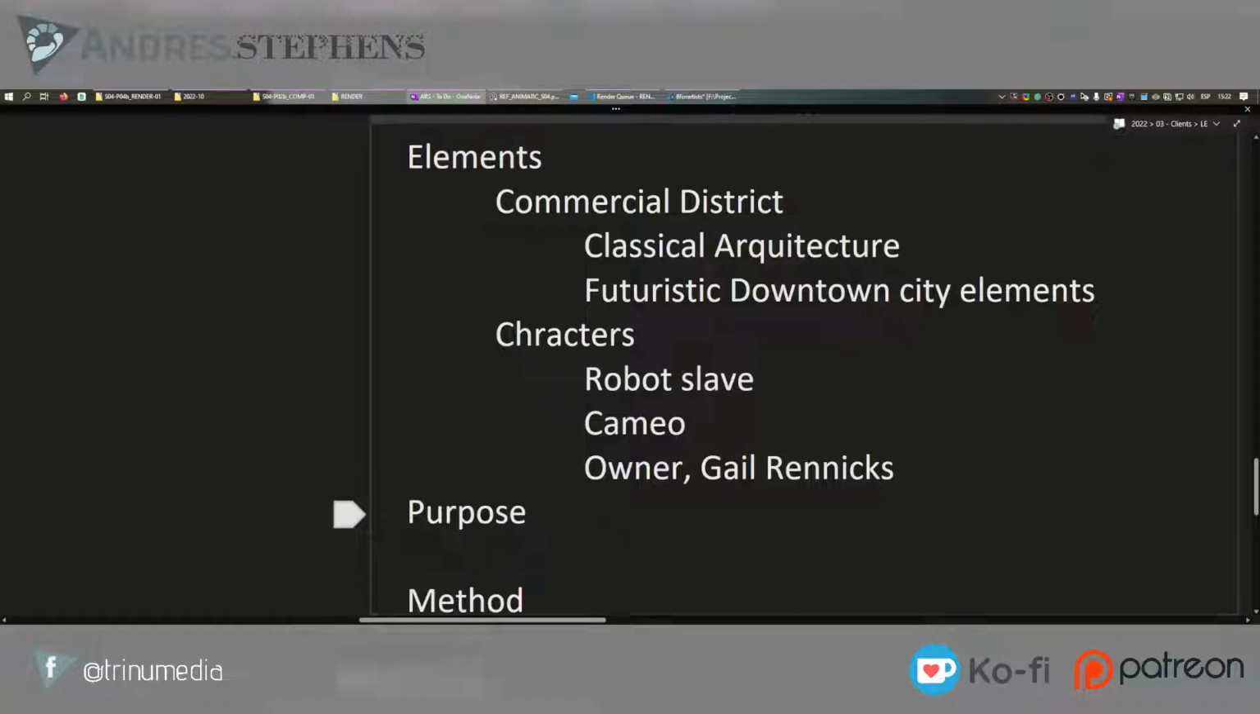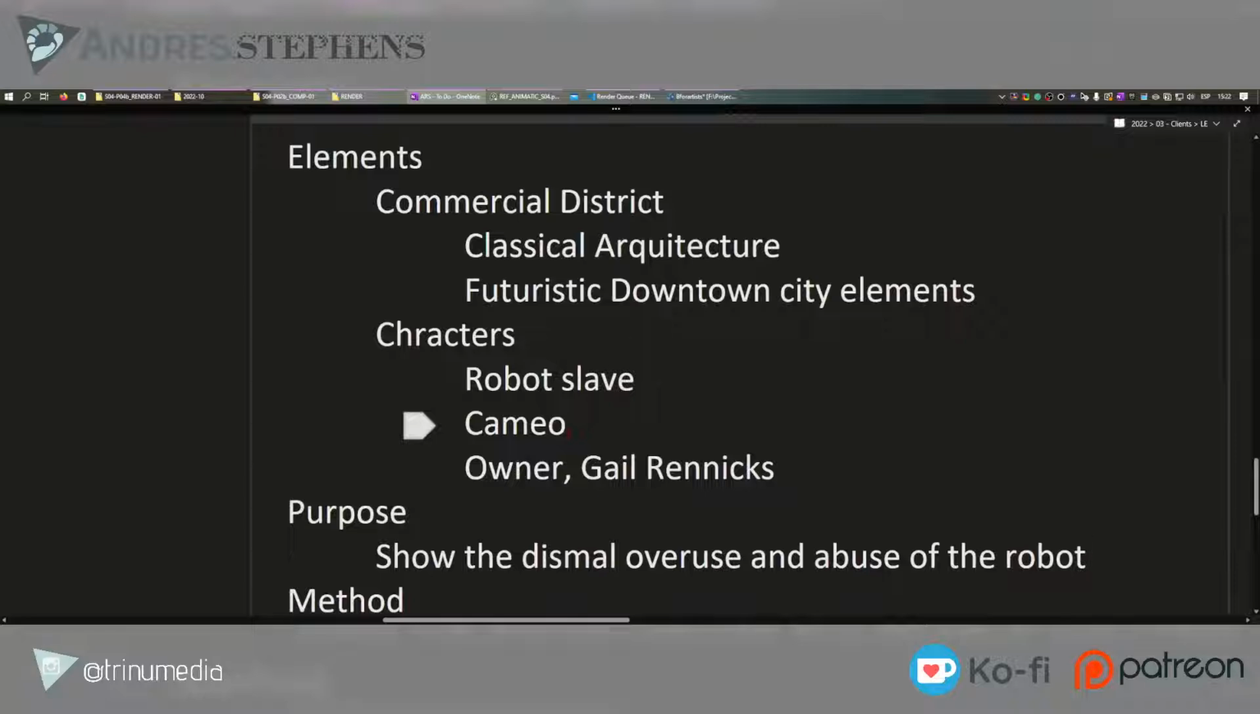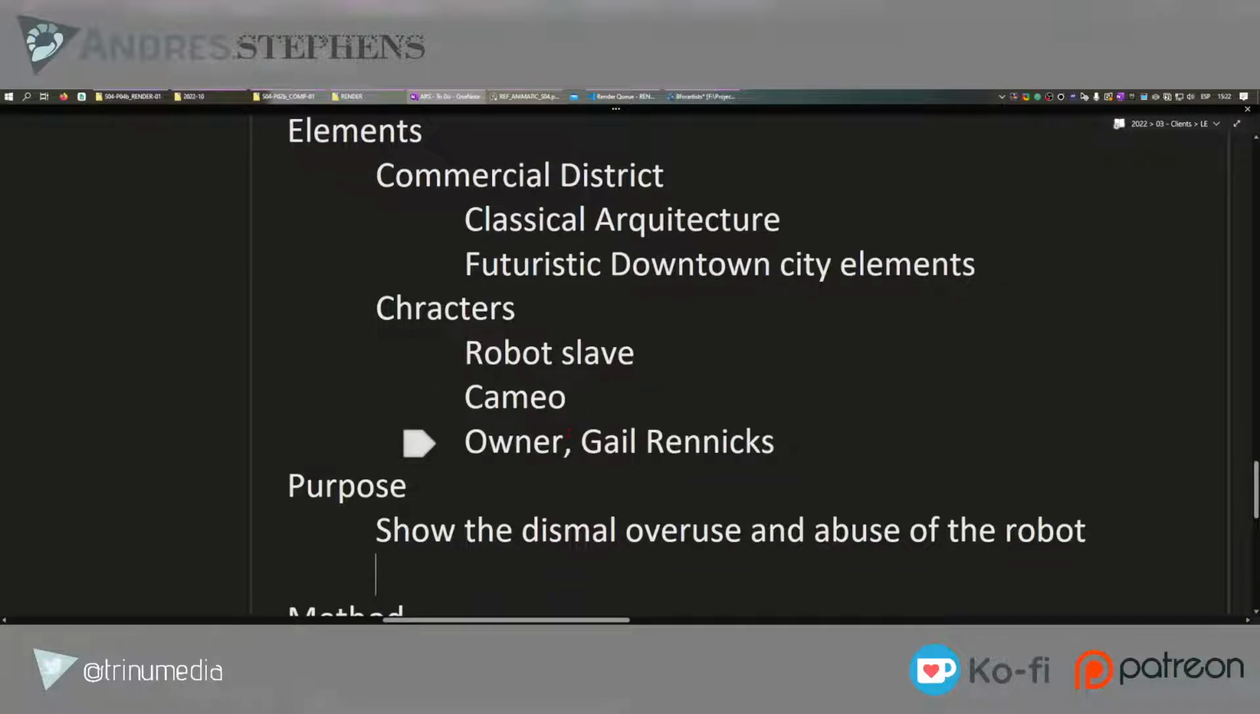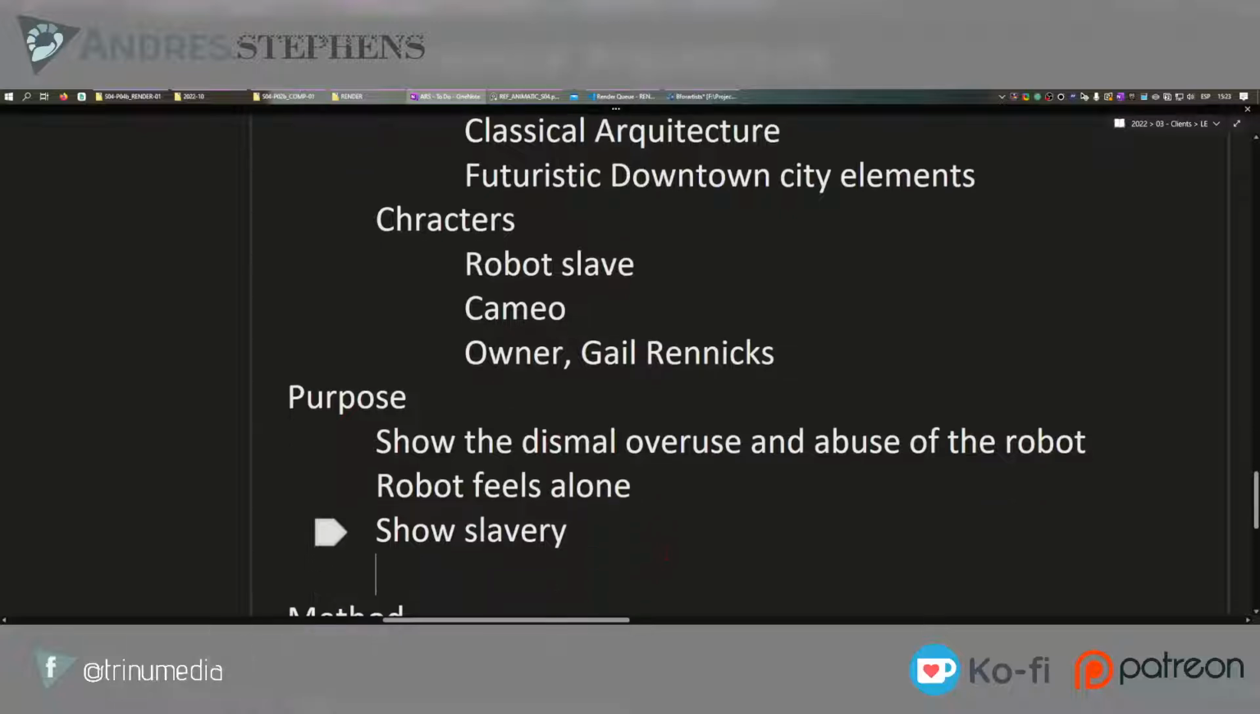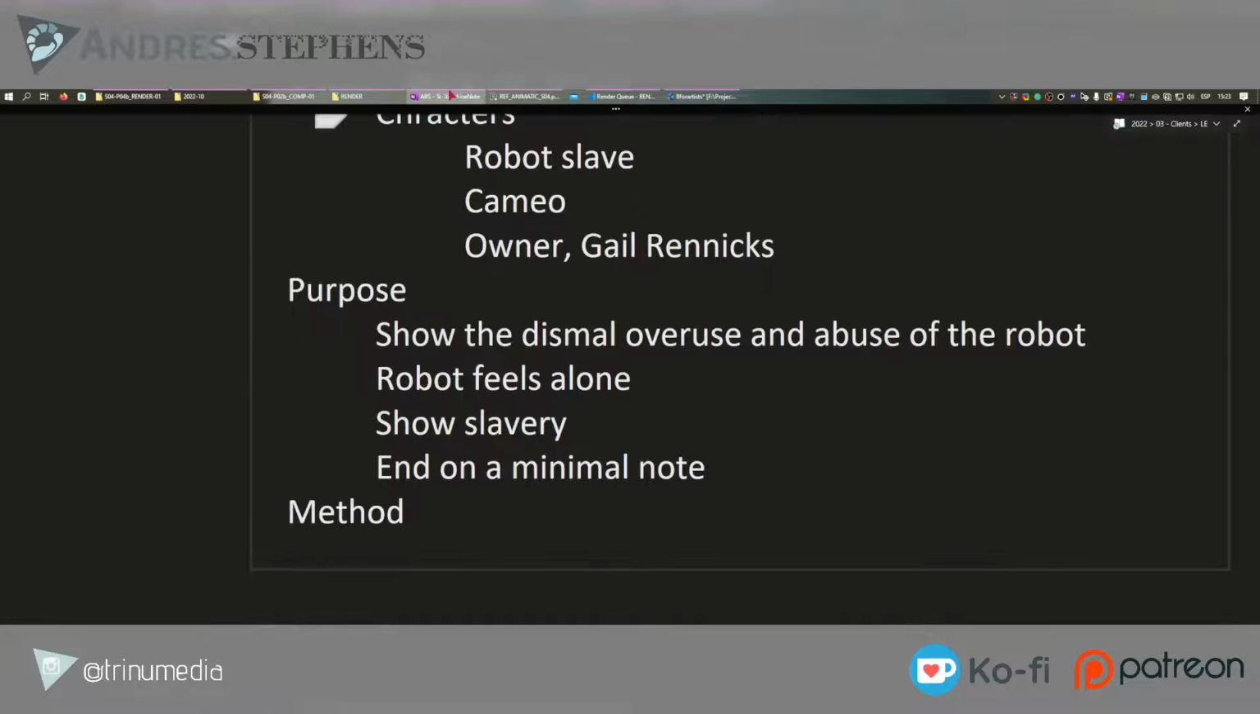So the purpose of this particular shot is to show the dismal overuse and abuse of the robot. We need to also show that the robot feels alone. And we need to show slavery to some degree. And with that, we need to end on a minimal note. The reason why is because